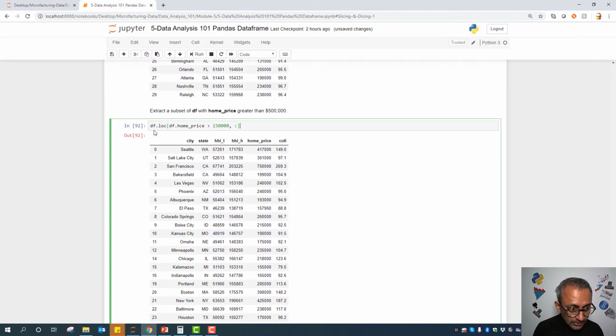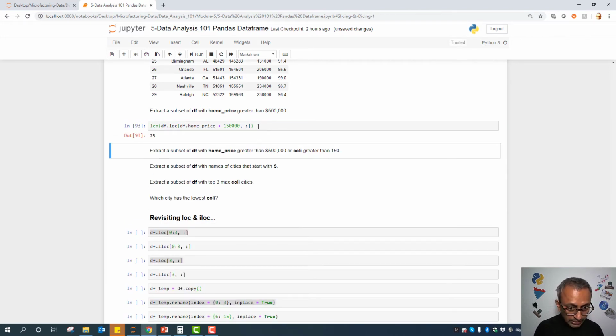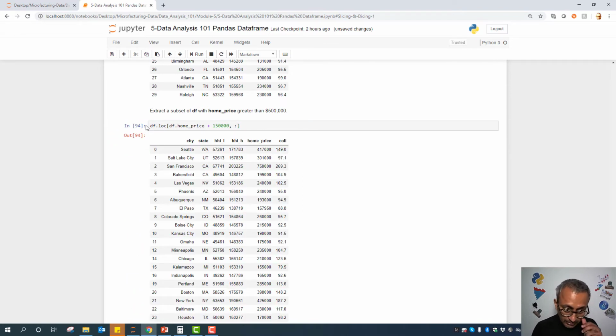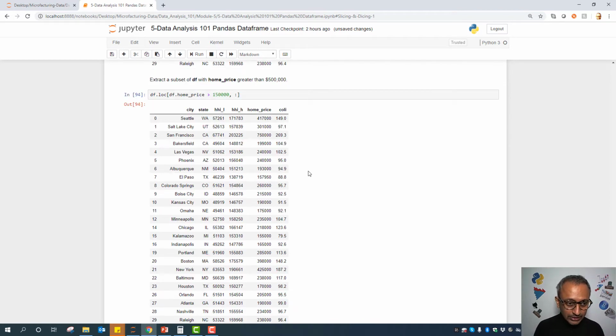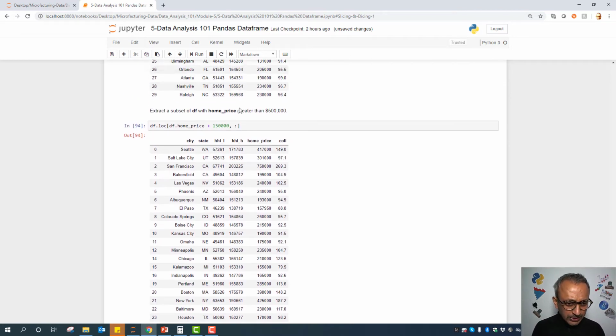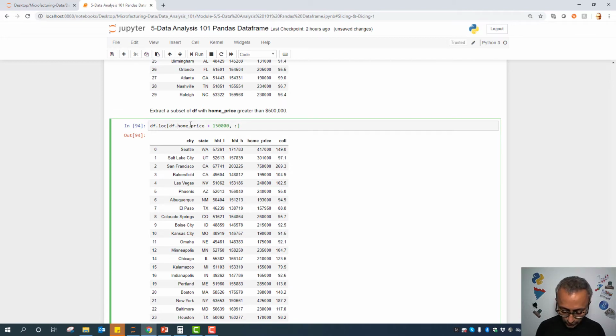What is the length of this? Were we able to extract all the rows? That's 25 rows. So most of the cities have home values greater than $150,000. I assume it's pretty straightforward. Or you can also use